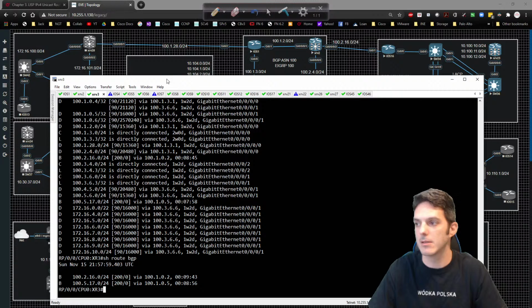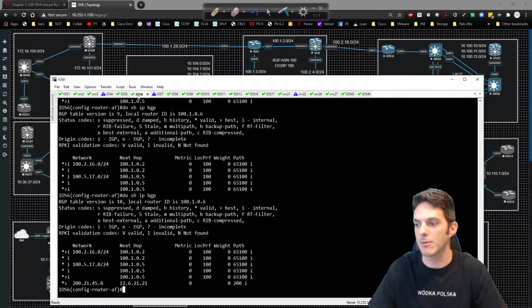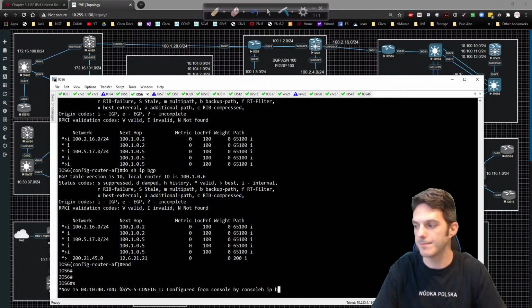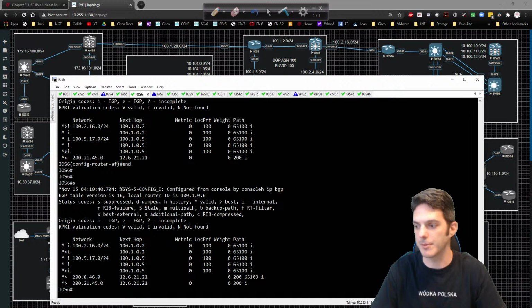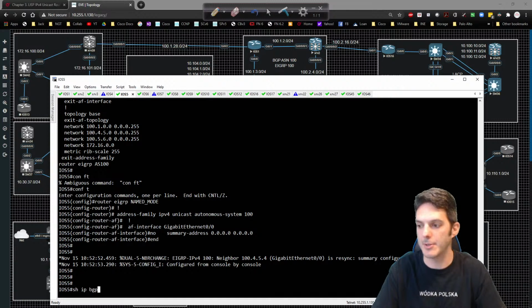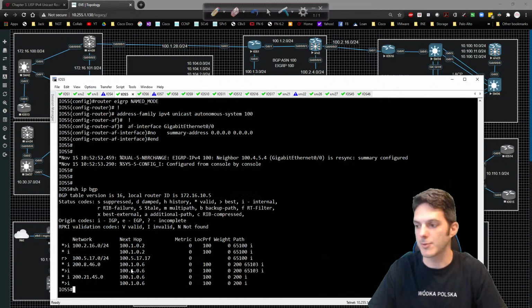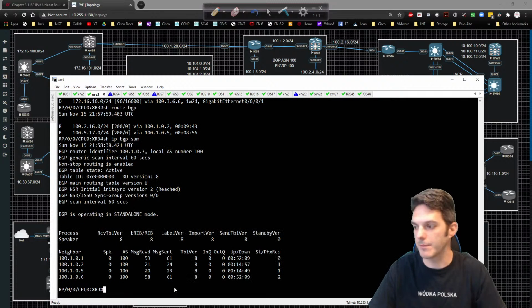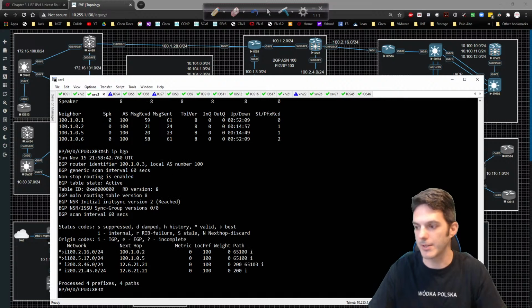So if we look at router 6, who we're receiving the 200 routing from, right? Do a show IP BGP. We can see that we're receiving those prefixes in from a next hop, right? We look at router 5, show IP BGP. We're receiving those routes in from the loopback address of router 6. XR3, we show IP BGP summary. We're receiving stuff in from 6. Specifically, if we look at this, we can see we're receiving it in